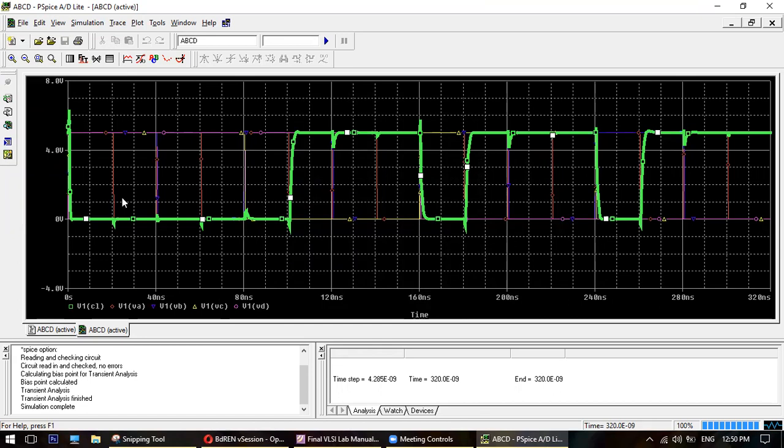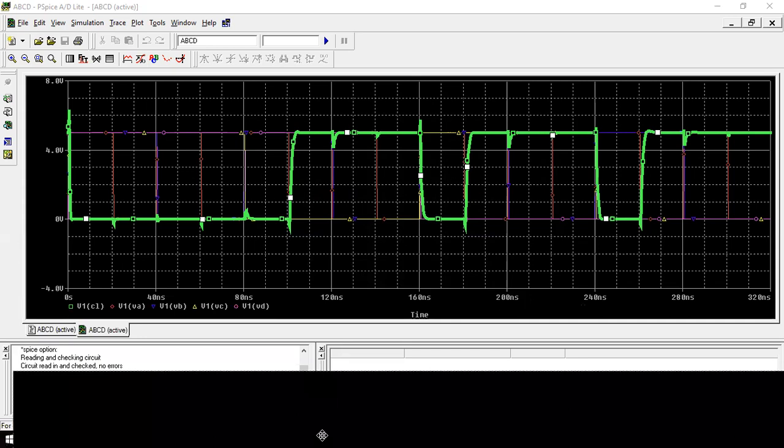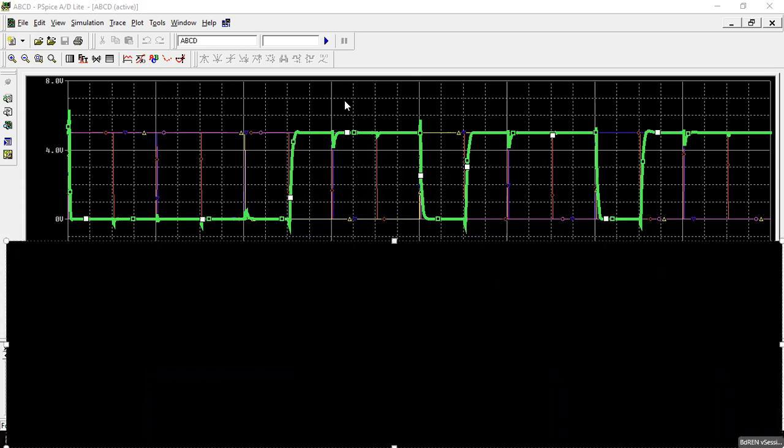Now this is pretty confusing maybe, but I'm going to make it clear for you. Okay, look at this. Your VA is the red one, maybe. Red, blue, red one. So your VA is 1, 0, 1, 0, 1, 0, 1.